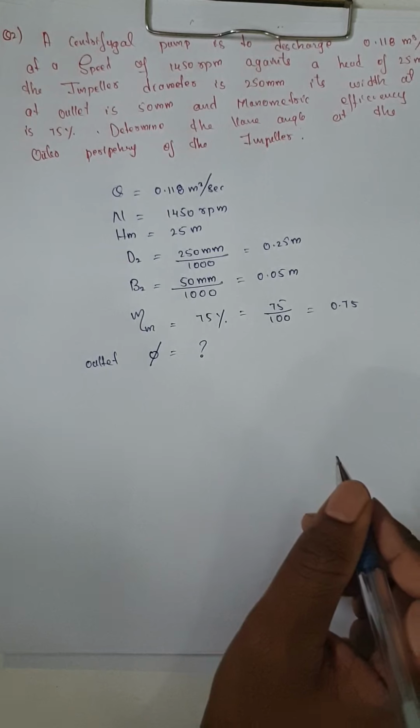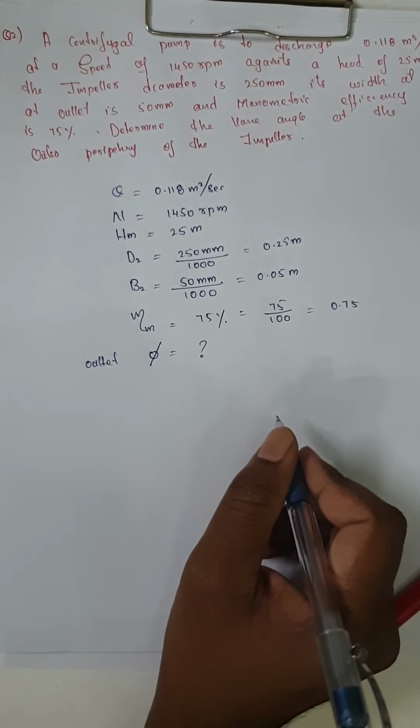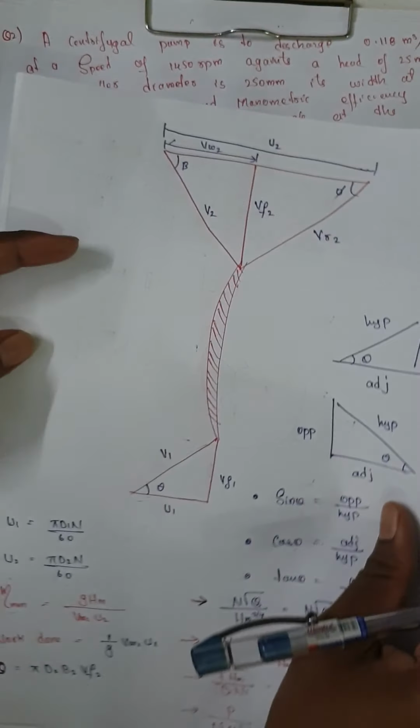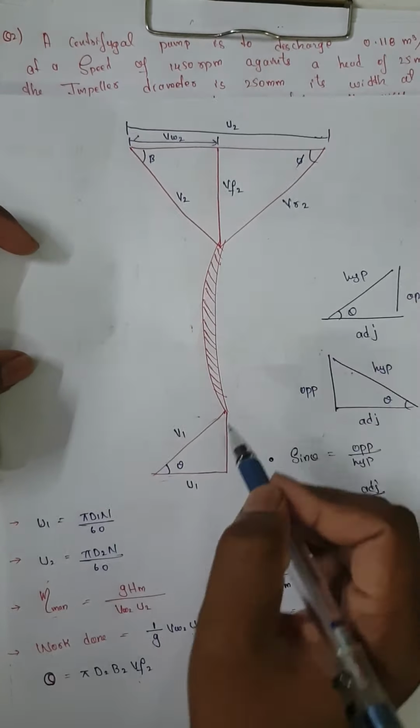So first what you have to do? First you have to draw the diagram. Based upon the diagram you can identify what you have to find. All the values you have to draw, and whatever values are available, first insert those. With the help of that you will get the other values. Now you have to draw the diagram. This is the outlet. First you have to draw the outlet, this one line, this line and this line. In every problem you have to draw this diagram, and here the vane is there.